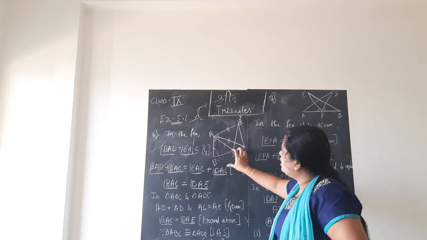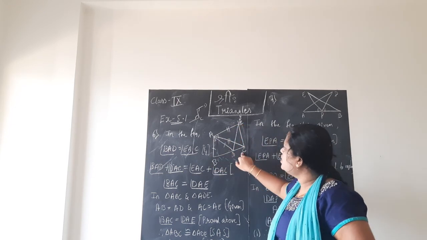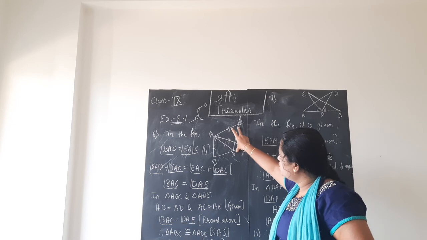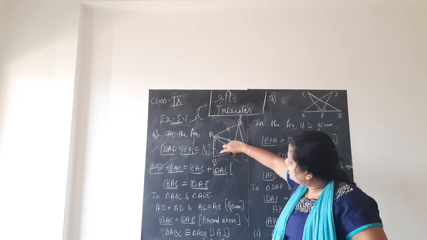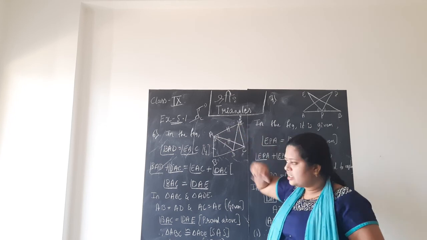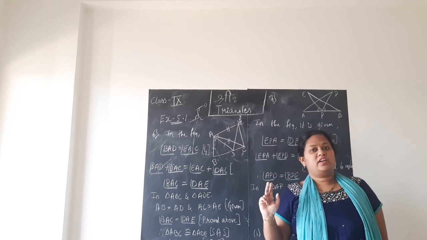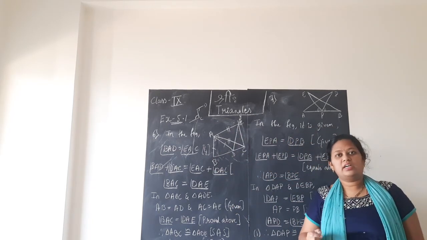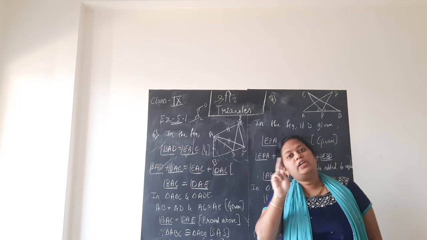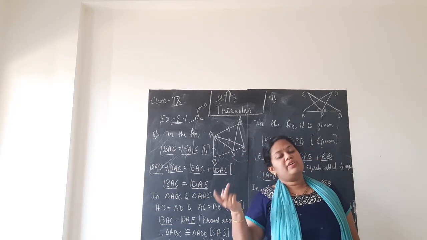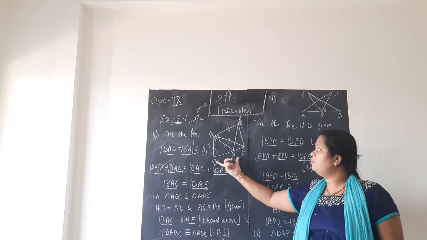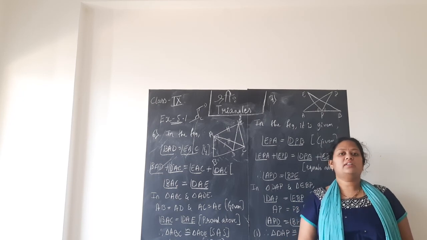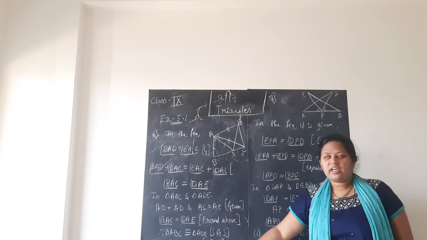Does the side BC come in one of the triangles, BAC? Yes, it will come. Then we are safe. Next, side DE, which they asked to prove equal to side BC. Does that come in the second triangle ADE? Yes, it will come. So we are safe, children. Though they have not given side BC equal to DE, by looking at the figure, they become sides of the two triangles. So if we prove those two triangles are congruent, then side BC becomes equal to side DE. How? By CPCT, corresponding parts of congruent triangles. Hence we are safe. That is what I have done here, children.